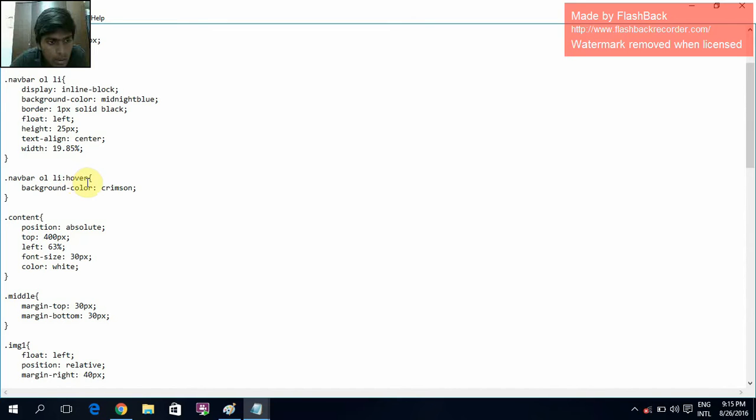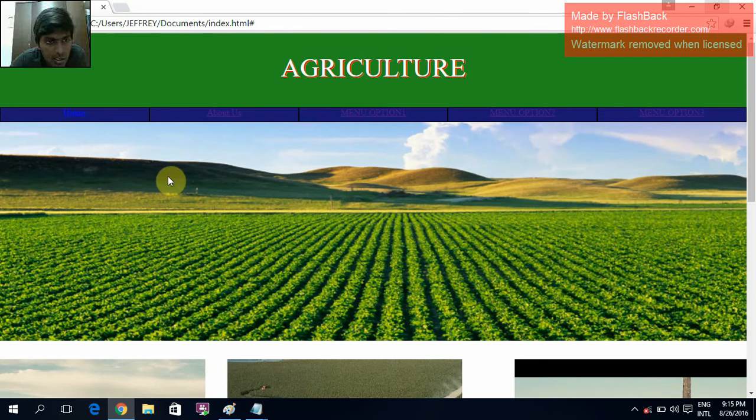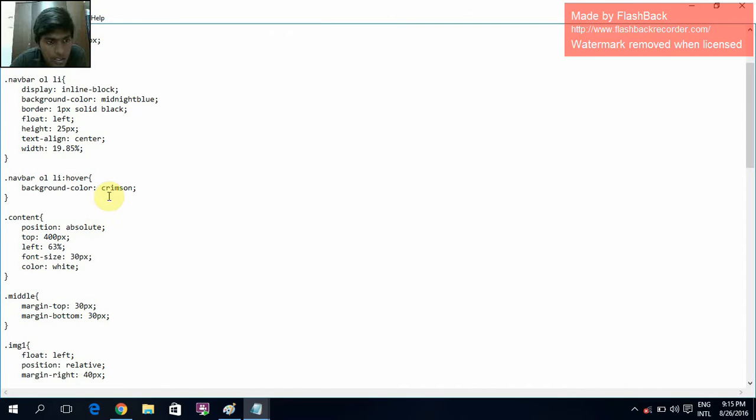This is the nav bar called hover. Hover is the color which, when you place the mouse on the particular nav bar, the color changes. So this is called the hover. The color which I have given here is crimson red.